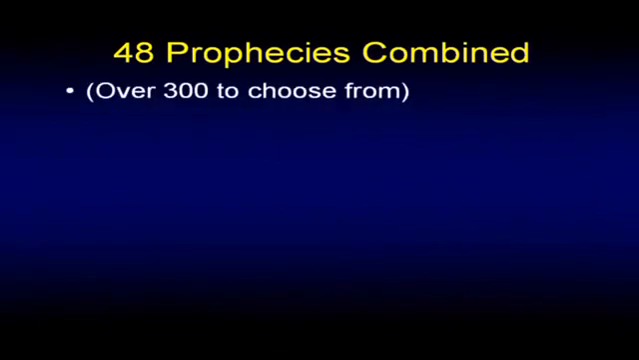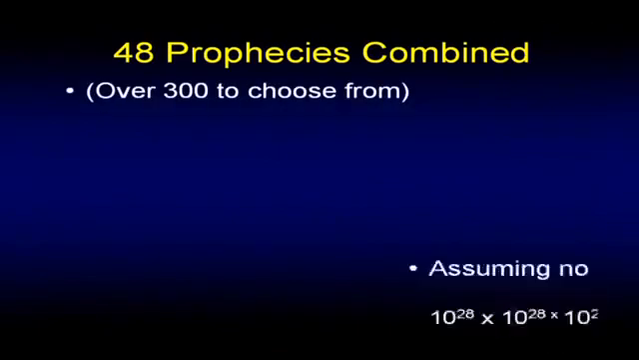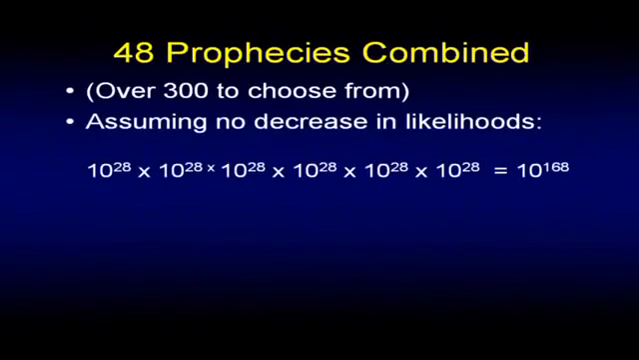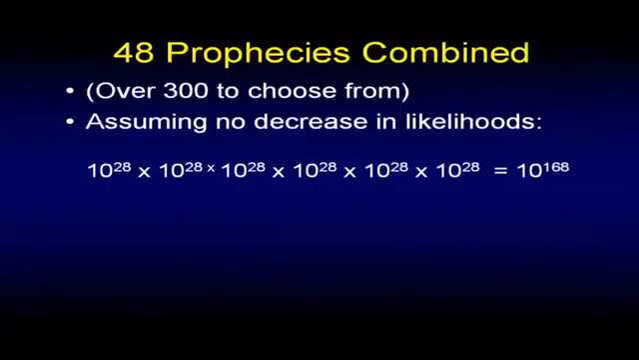One more time. I want to do this one more time. I'm not going to double it this time, I'll triple it. We went from 8 to 16. Now we're going to go from 16 to 48, just to pick a number. And so, remember, I want 48. I've got 300 of these things to pick from. And I'm going to assume no decrease in likelihoods. Actually, it'd be much more precise, but I'm ignoring that aspect, okay? So it's 10 to the 28th, 6 times. So I got 10 to the 168th, but I got to divide by the 10 to the 11th, all the